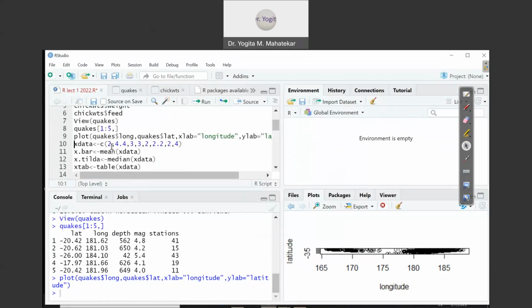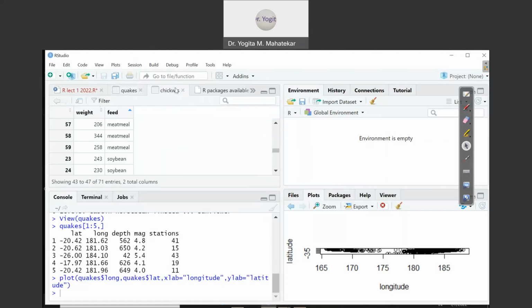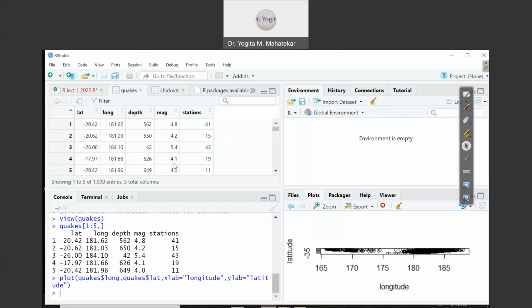Next, on line number 10, let us consider how to find out mean, median, and mode of the numerical data that is available to us. So basically, suppose I have given a list of 8 numerical values. We should be able to find out mean, median, and mode of all those numbers, and we should be able to apply all those commands to the variables which are present in the given numerical data like quakes and chick weights. We have seen it. So for example, in chick weights numerical data, I should be able to find out what is the mean weight of chicks, and the mean magnitude in case of quakes.